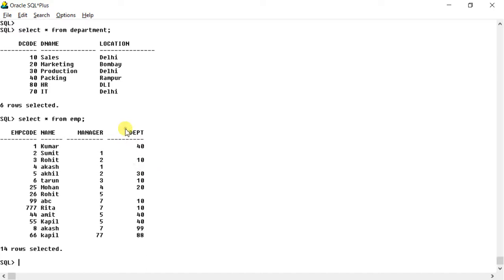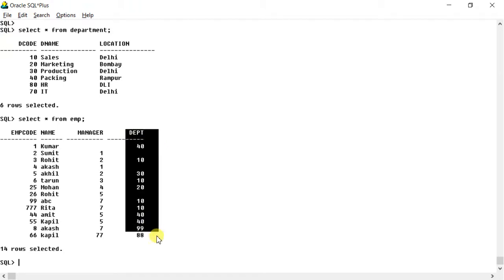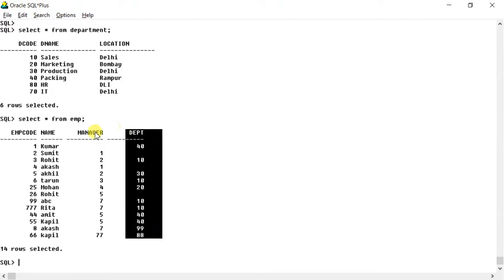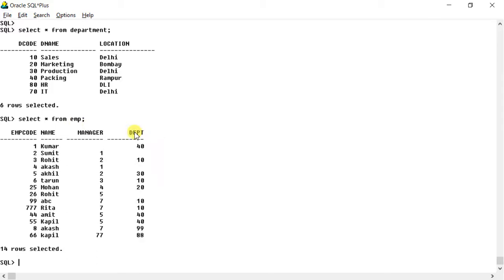Here also department codes will come and here also department codes will come, but I have taken a different name. I can take D code also, but since it is allowed, I have taken a different name. If you have gone through the concept of foreign key, you can very well understand that this column in this employee table is a foreign key for this column.